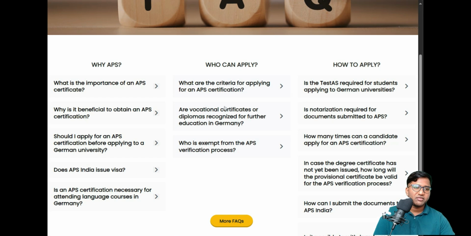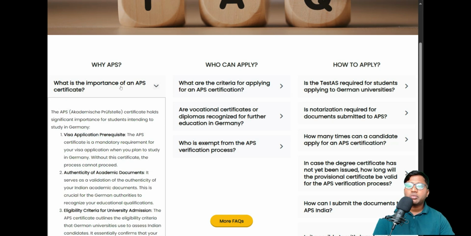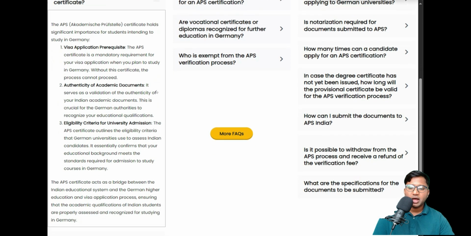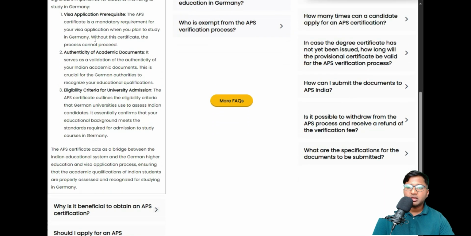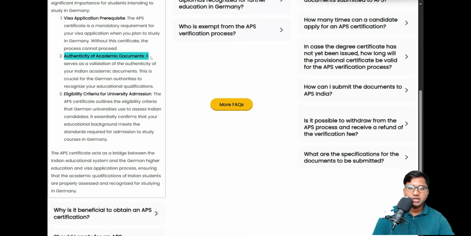Now you can also click on FAQs. What are the general FAQs that they have answered? For me, the most important is why APS is important. Some people ask why APS is needed. It is mandatory to pass the visa interview, so that is one, and it is straightforward. But the main thing is the authenticity of your academic degree certificates or documents. This APS document is a middleman or middle certificate that will be provided to German universities saying that the degree you have done, or all the education that you have pursued in India, is valid and authenticated by a German institute or German